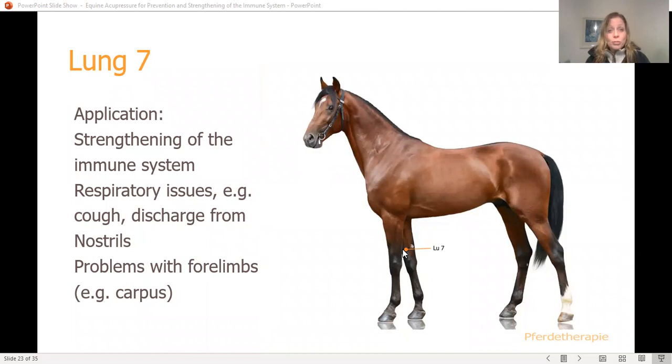Also, with acupoints, when you feel for them, pay attention: there's usually a really small little dip, and that's where the point is. We may have the anatomical description of where a point should be, but, for example, the description says the point is here, and on my body it might be just right beside it. So this is why, on top of the anatomical description and your anatomical knowledge,